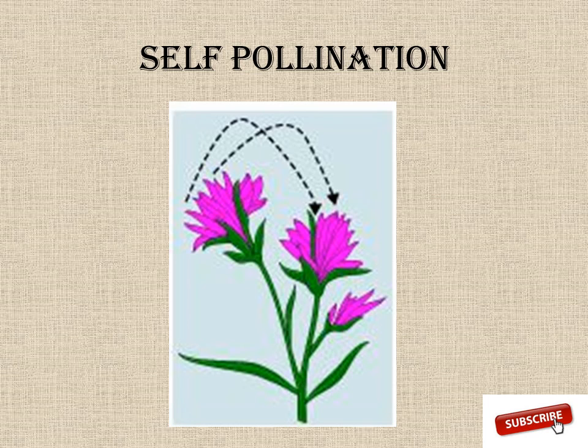And there are some advantages and disadvantages of self-pollination. The advantages are that it is a definite method of seed formation, parental characters are preserved from generation to generation, only a small quantity of pollen is required, and wastage is avoided. In self-pollination, flowers need not be large or attractive,